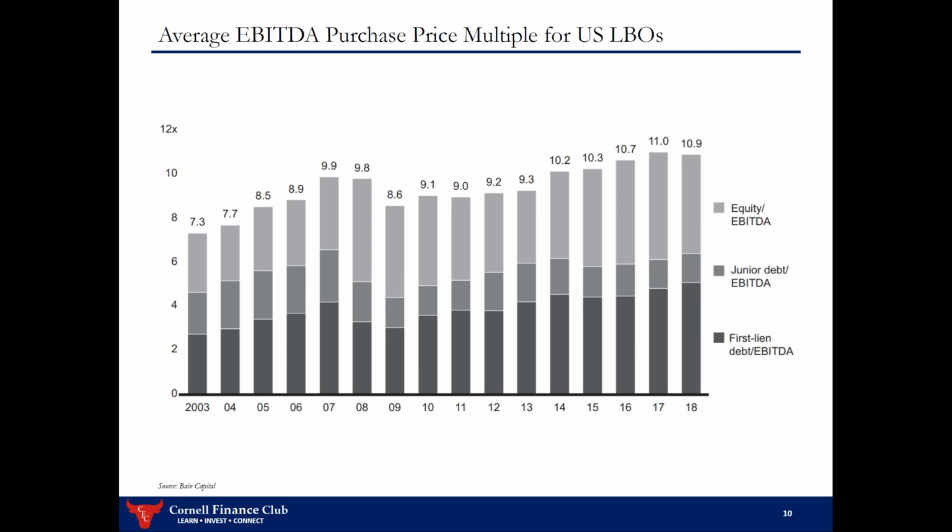And here you can see the average EBITDA purchase price multiple for US LBOs. Typically we measure how much debt you take out in terms of EBITDA. Again, EBITDA is earnings before interest, taxes, depreciation, and amortization. So you take out D&A because it's non-cash, and then before interest and taxes, and that is essentially how much you have to pay down the interest that you owe on these loans. Typically you can see a steady rise from 7 to around 10 over the last 20 years in the value of the firm when you enter